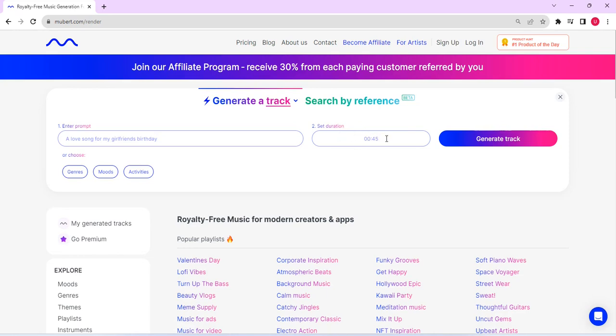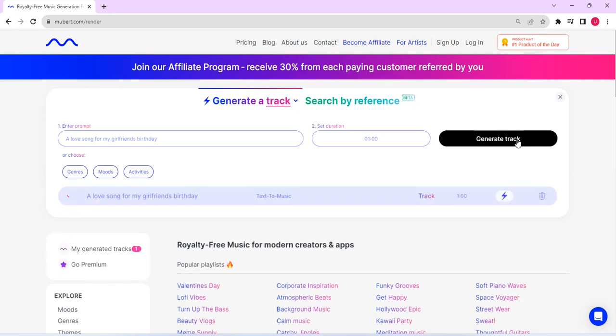Now here you set the duration, how long you want the music to go. You can actually choose genres here, mood, activities, but I choose to type in. So once done, just click on generate. Now in a matter of seconds, you already have the track right there. So if you click on play and listen,